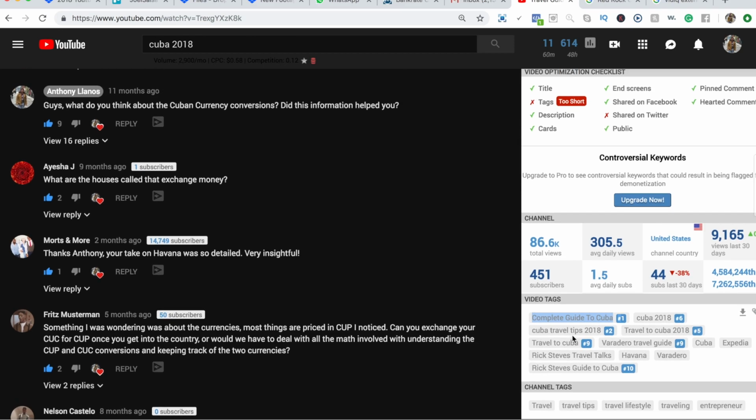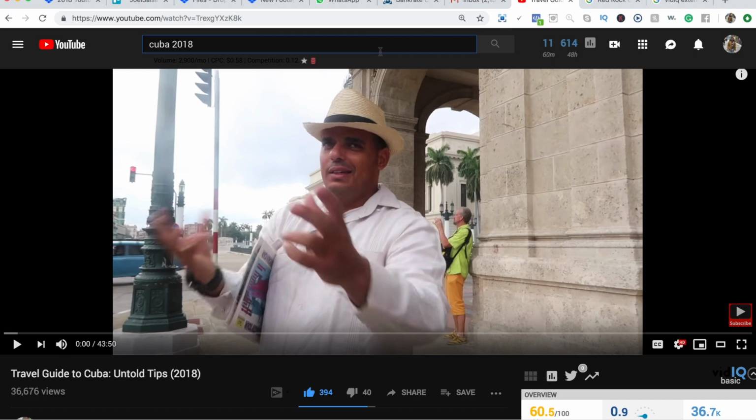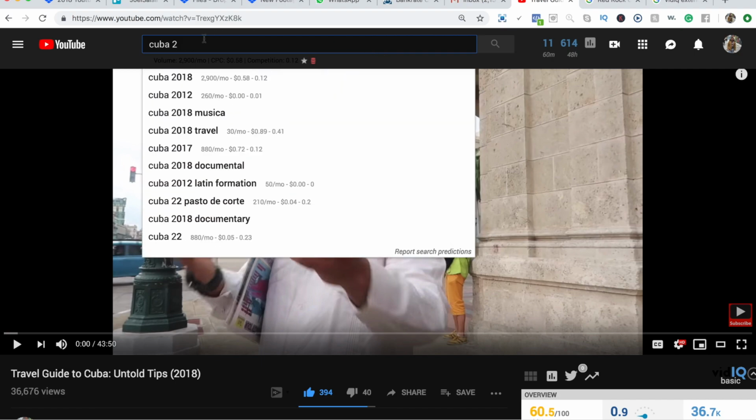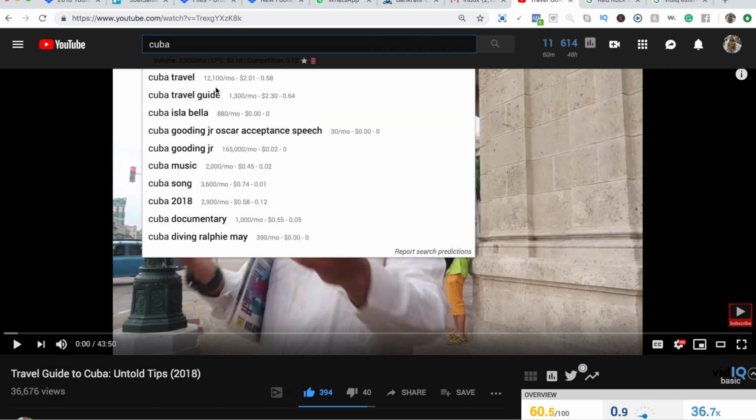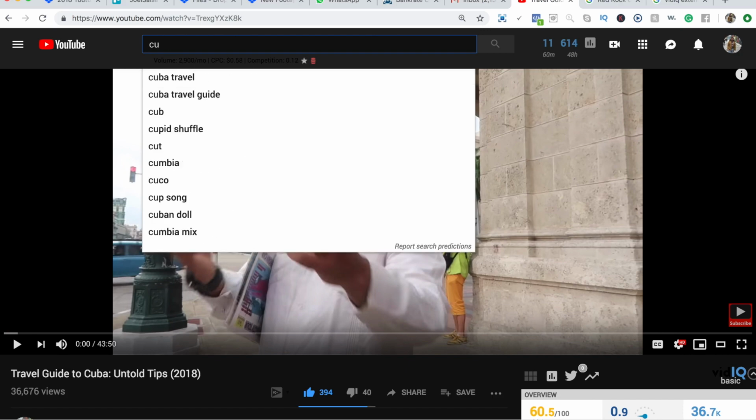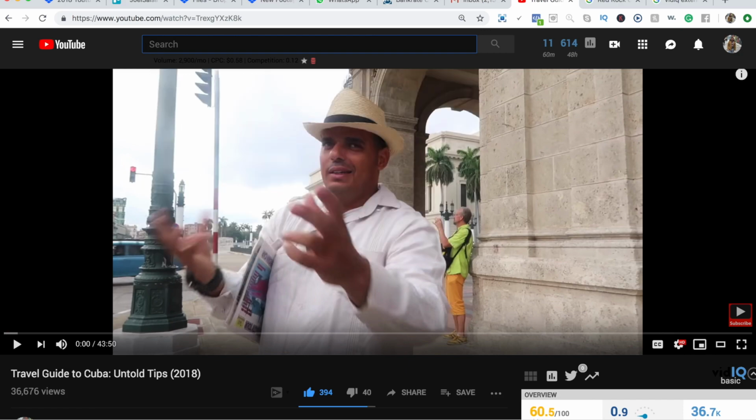So this is going to allow you to get a sense of how you can start doing your research and how you can start finding really good keywords that are going to help you rank better. And also this is going to allow you to see how searched a specific keyword is. As you can see, Cuba travel is searched 12,100 times, and it is really useful because when you are looking for a specific topic to elaborate,